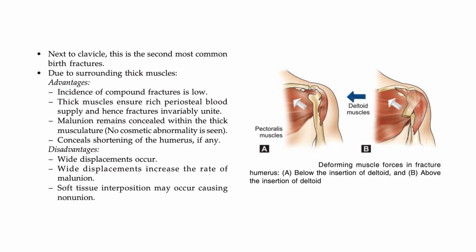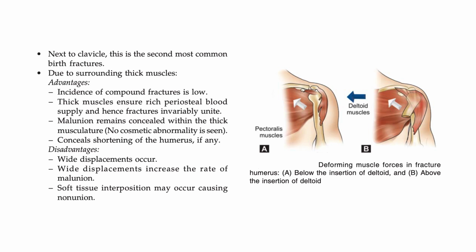Anatomical consideration I have shown in this figure for you, in figures A and B, that the muscles of the upper arm influence the deformity. If the fracture is between the pectoralis major and the deltoid, the proximal fracture fragment is adducted by the pectoralis major, teres major, and latissimus dorsi, while the distal fragment is pulled upwards by the deltoid. That is the distraction caused by the different musculatures.